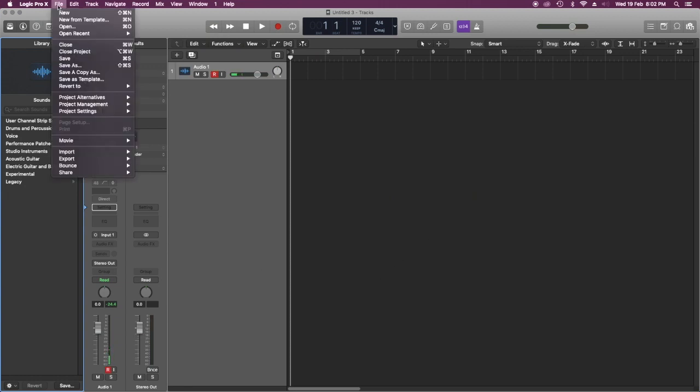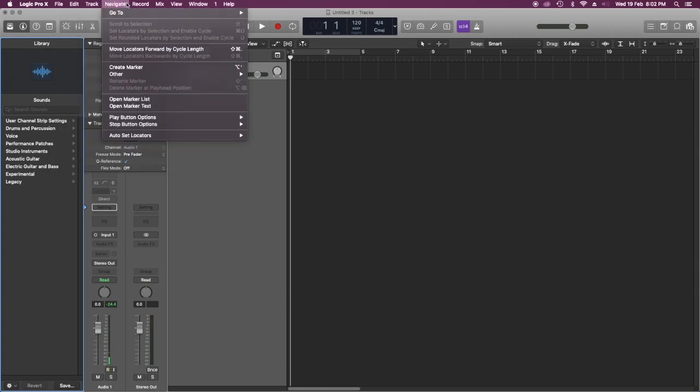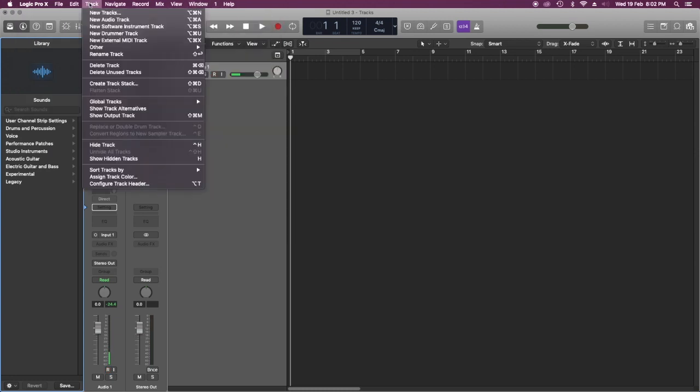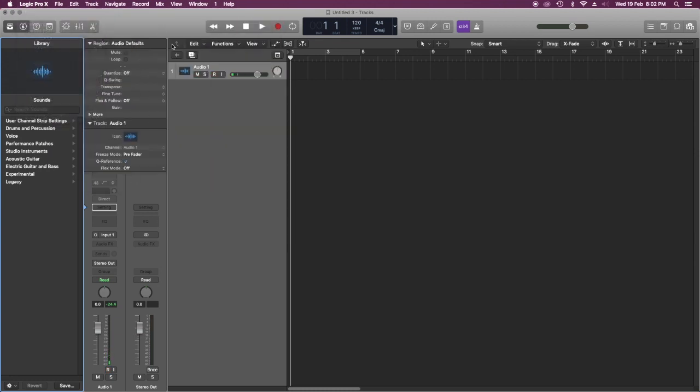So this is the file management portion of Logic Pro X. Below that, we have the transport panel. On the extreme left, you have the option to enable the library, the sound library or the instrument library. The second one is information about the track which you are selecting right now. For now, it's the Audio 1 track which I've selected, and if you click I, it shows the information